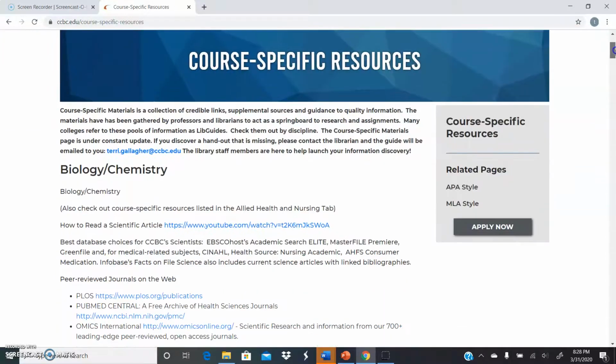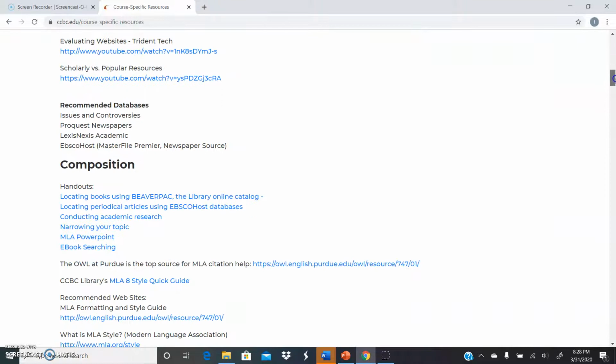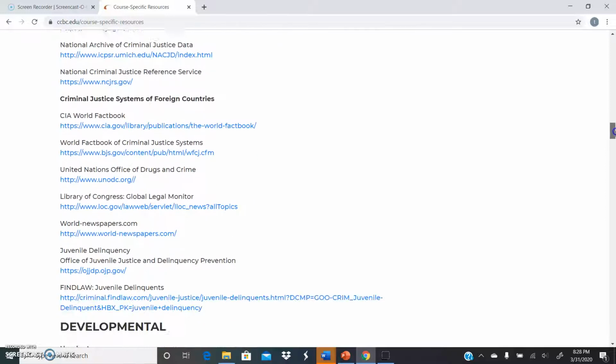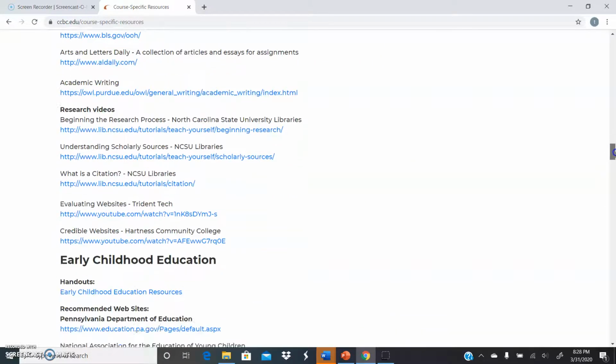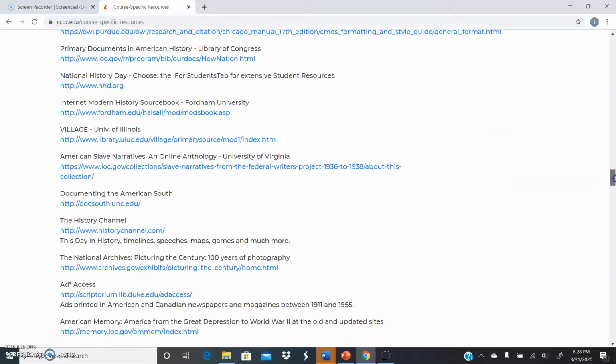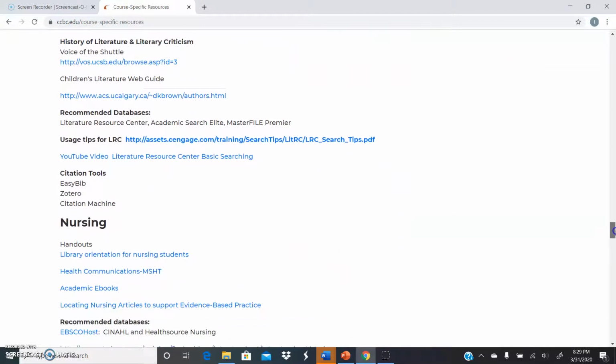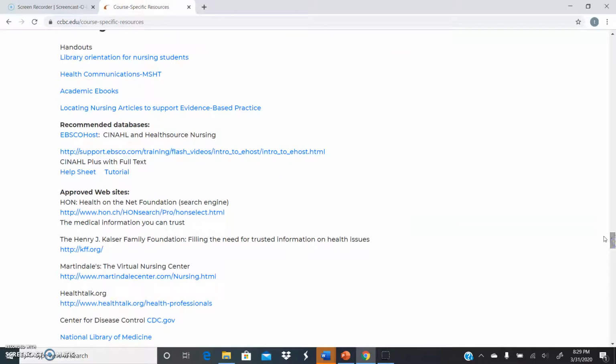And if you go down through here, these are collections of credible information, supportive information for each discipline. Some colleges or universities call them LibGuides or library guides, but your professors and librarians, past professors, past librarians have gathered this information for you to launch your searches. So I'll just take you there. They're in alphabetical order. So if we get down to nursing here,